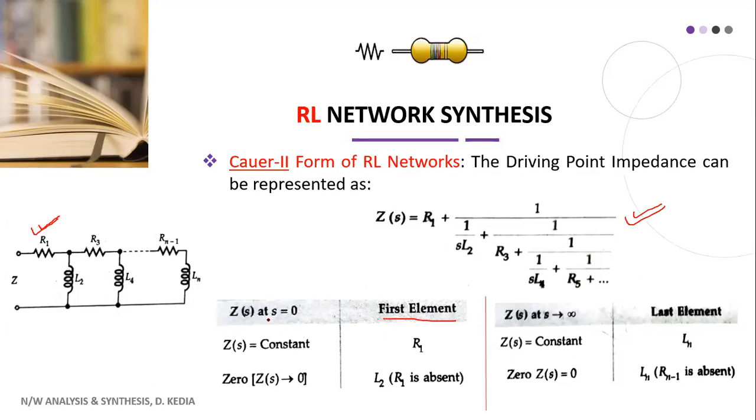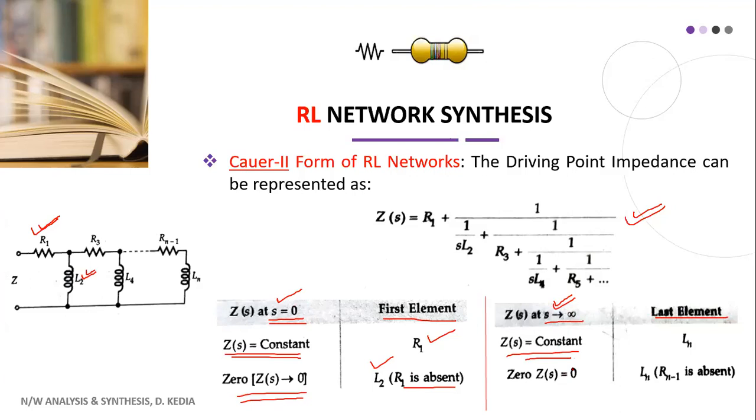So for that, you have to substitute S equal to 0. If for s equal to 0, Zs is a constant, then resistance will be present. If for s equal to 0, Zs gives you 0, then obviously R1 is absent and the first element will be L2. Now, for first element, you have substituted s equal to 0. For last element, you will substitute s tending to infinity. For s tending to infinity, if Zs gives you constant, that means